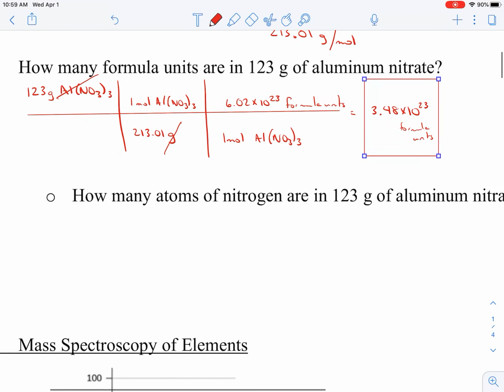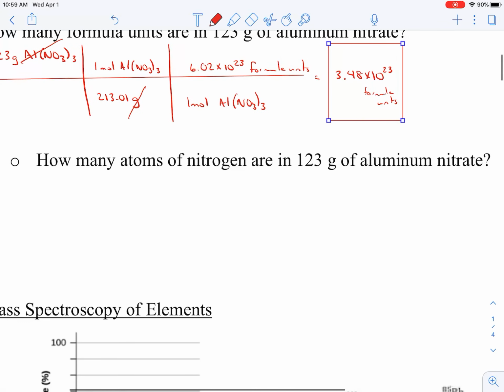Now, taking it a step further, like AP likes to do, it says how many atoms of nitrogen are in those 123 grams. What we found up here was formula units, so that's how many units of AlNO3 there are. We can either set up that same thing, or we could use that number, 3.48 times 10 to the 23rd, and that's formula units. And we know for every formula unit,